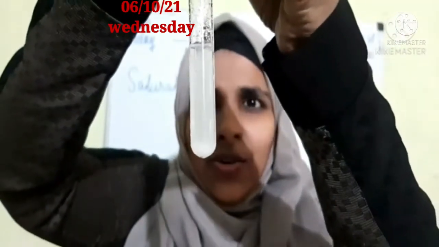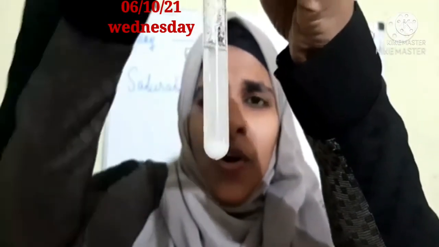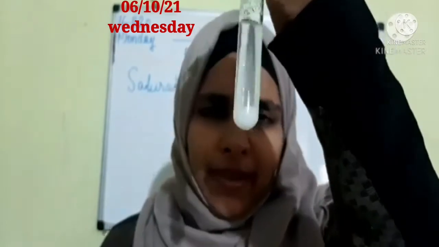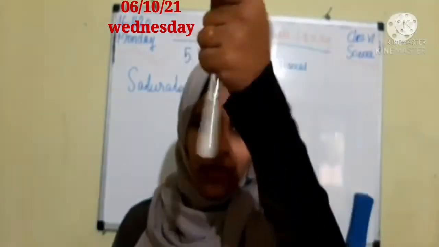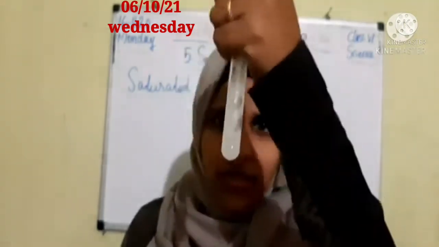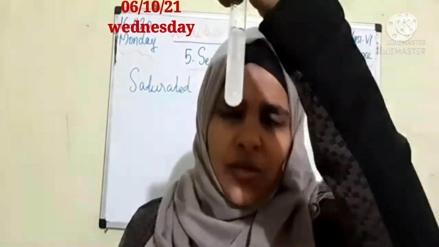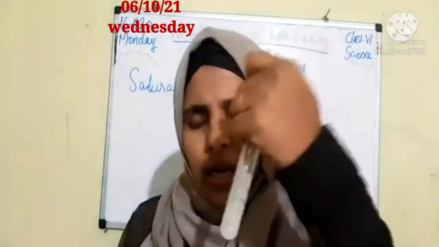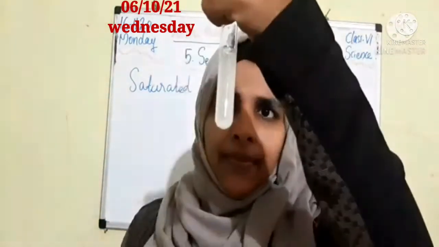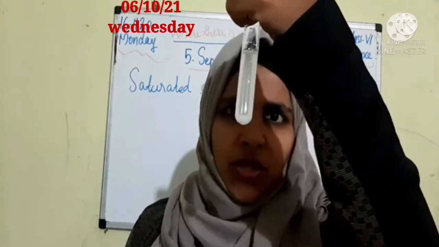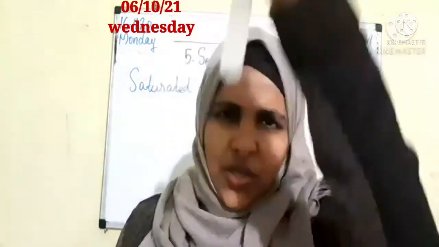I am going to pour another little pinch of salt in this solution. We can check what happened. So I am going to pour more salt inside this test tube. Okay. So now I took more salt to dissolve in this water. We can check what happened. Okay, I am going to shake thoroughly. So what will happen? It is not dissolving. Why is it not dissolving, children? I am going to shake it one more time. But it is not dissolving.